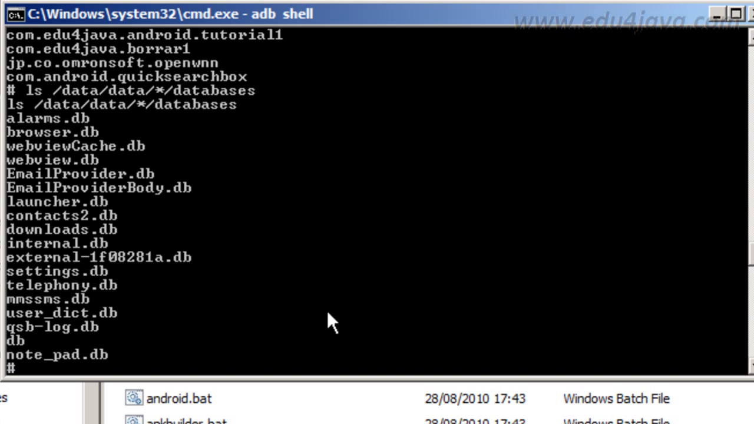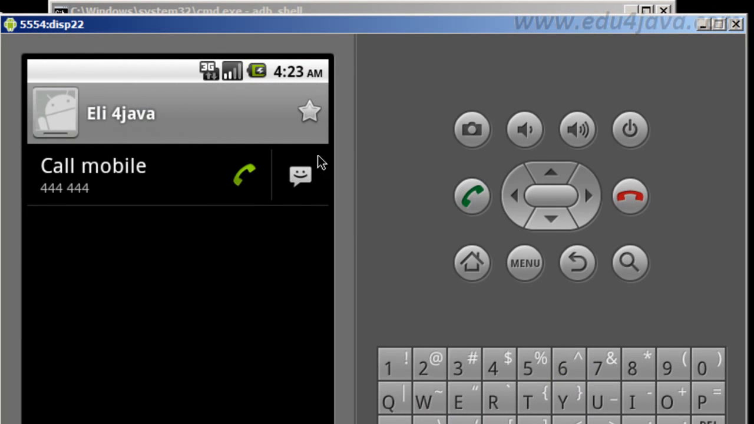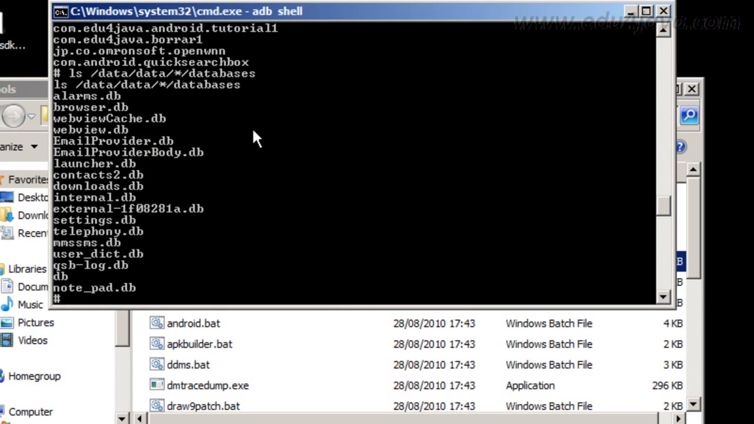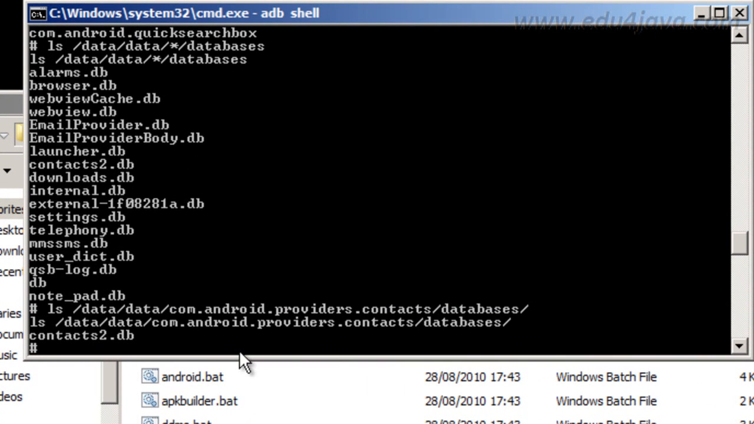Contacts2 is the one that we are interested in. This database contains the data that I put here in the contacts application, Edu for Java and Eli for Java. Let's try to see if we can get the information. Okay, the database is exactly here. Android provider contacts is a data provider. Then we can access this database using